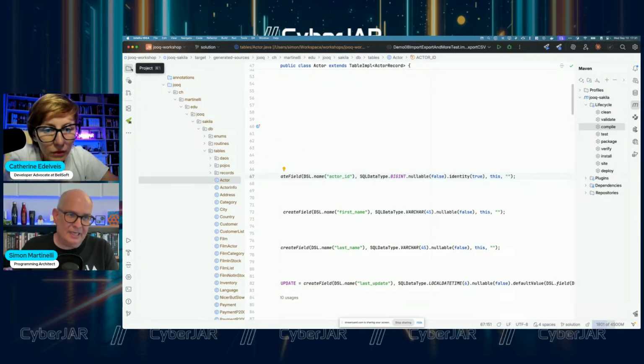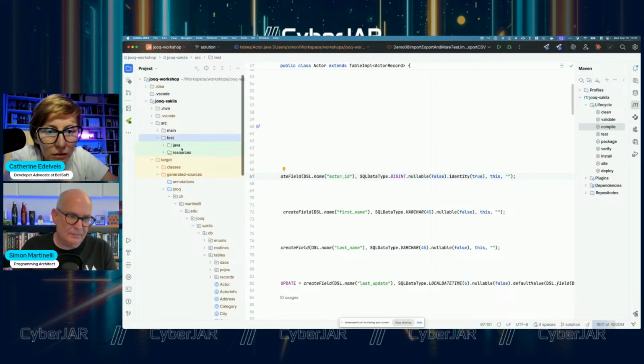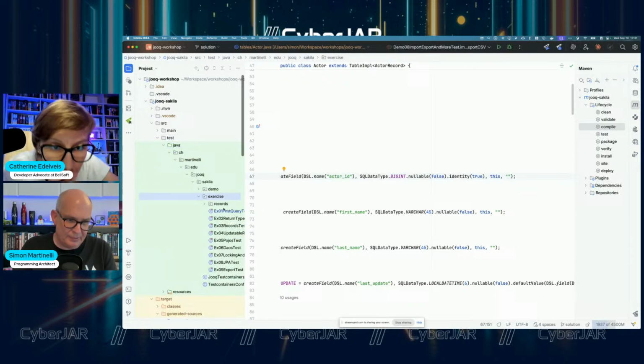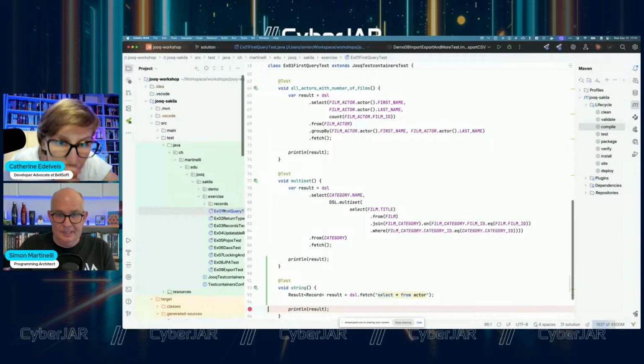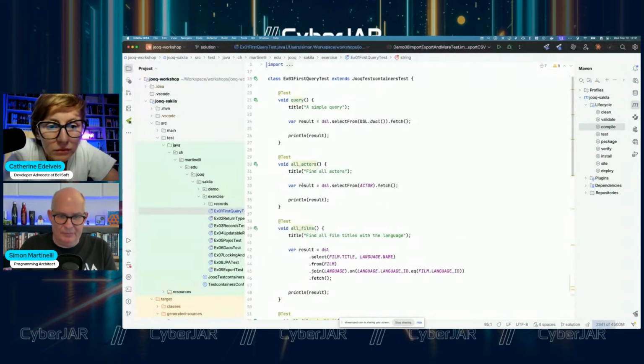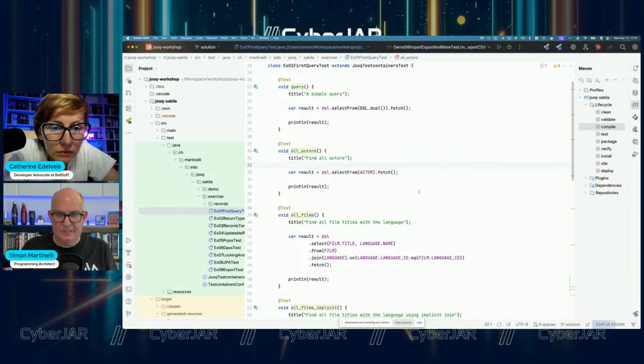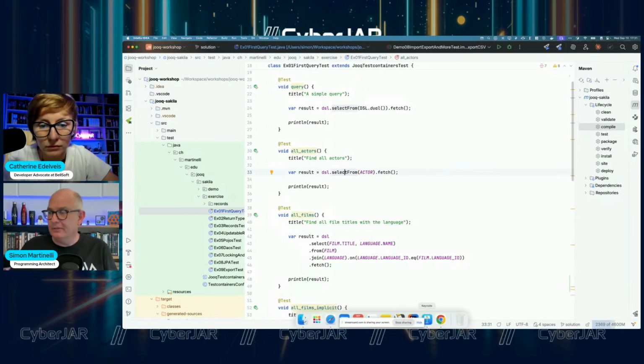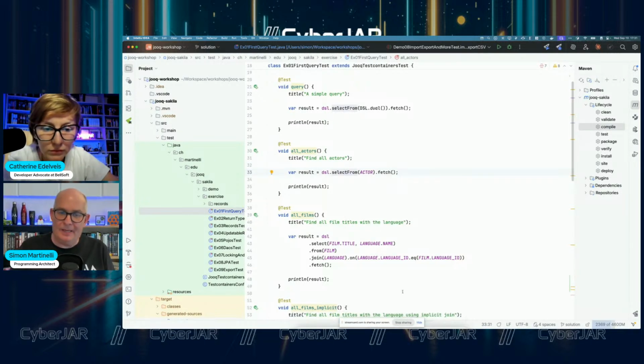And if we look at how we can use that, for example, let's take this one. Let's start with a very simple one. For example, we could say, okay, give me all the data from the actor table, and there's a shortcut. You can just write select from actor and then fetch. That will execute the select of all columns from the actor table. And now, as you see, I'm using type inference, so I'm hiding what exactly the result type is.